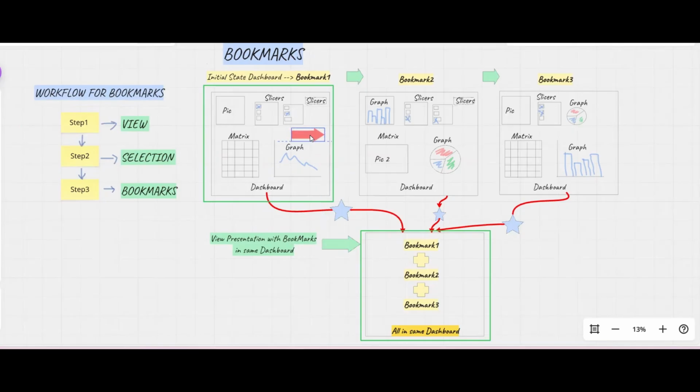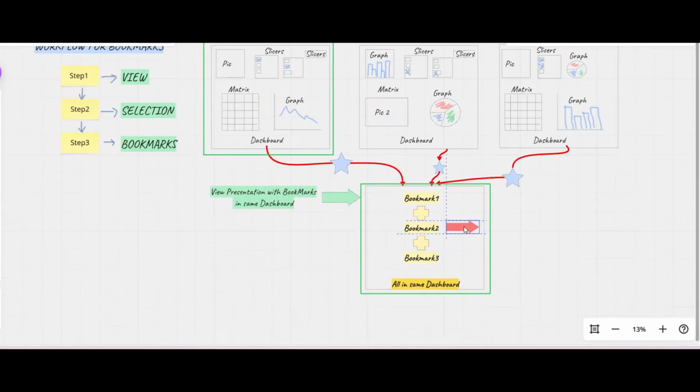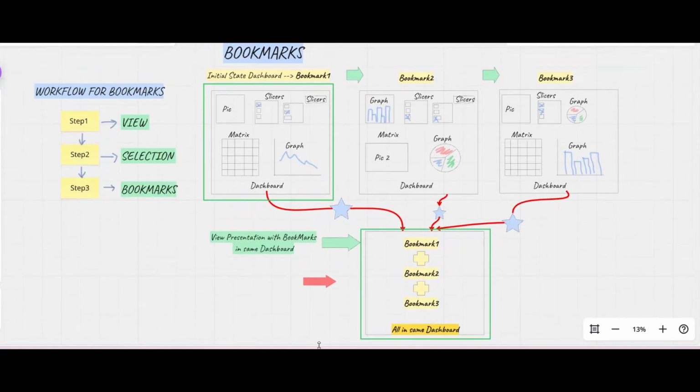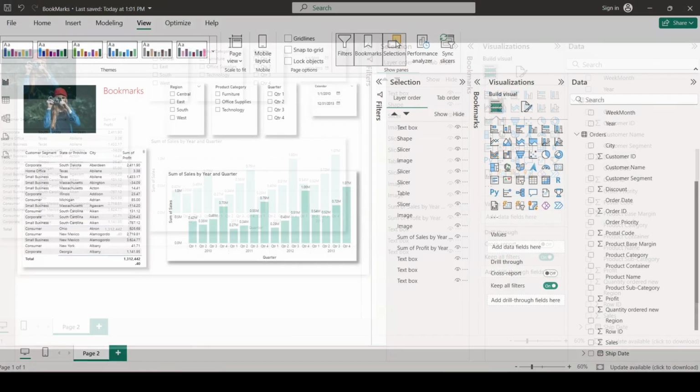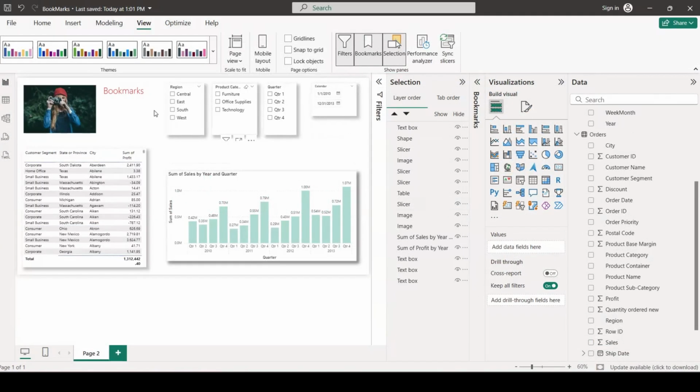And so you can create several bookmarks as we have in this example, bookmark 2, bookmark 3, where we can see different items arranged and different information. And then you can add everything with the view presentation. You can see all these 3 slides in only one dashboard. And that will help more like telling your story of your data in front of your audience. But for exemplification, let's just go in Power BI, where I already have set up this dashboard.